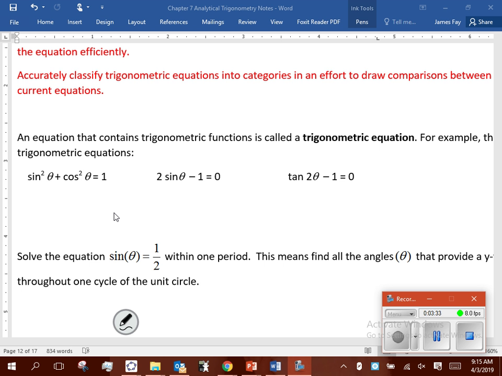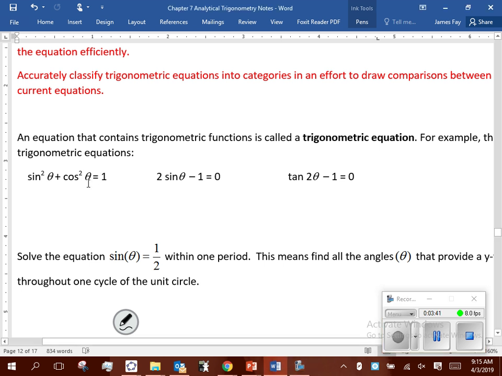Okay. All right. So we're going to be interested in solving things that look like this. Now, this first one here, obviously a trigonometric equation. Okay. But it's a special kind, right? That's your identity. And the identities are things that we're going to make substitutions with. The other two, those are more along the lines of what we're going to start off with at the onset, okay? But if you think about these, all they are,